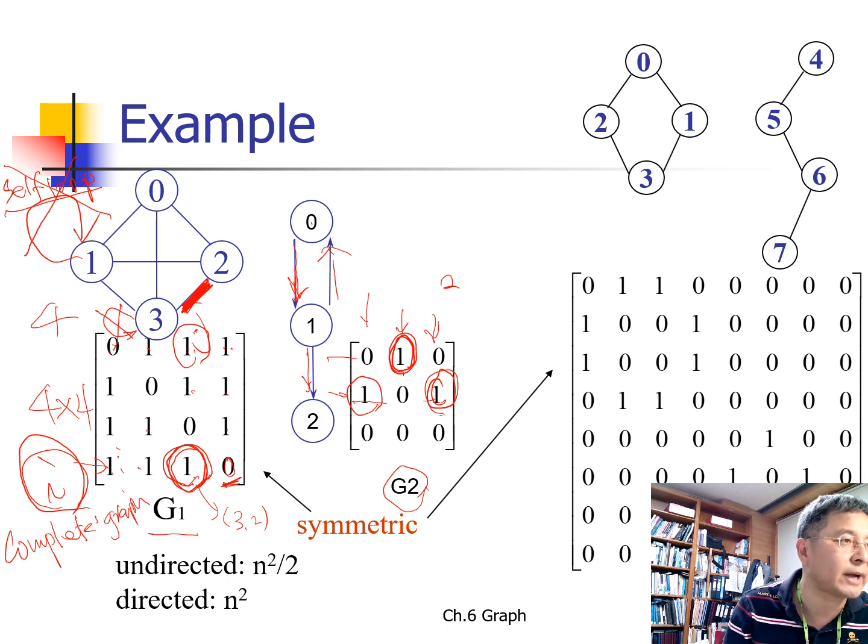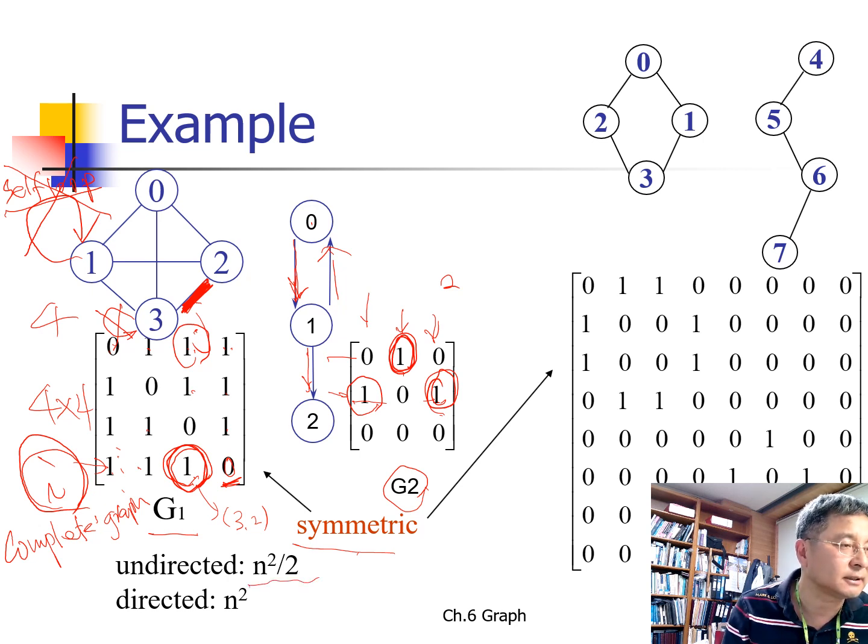G1 is an undirected graph, so this adjacency matrix becomes symmetric. But G2 is a directed graph. This directed graph will create an asymmetric matrix. Okay, so because this undirected graph is symmetric, we need only half of the